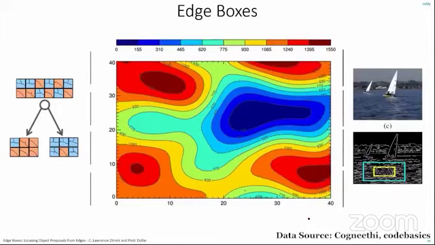Now, if you're not aware, let me tell you, there is something known as contour maps. Contour maps give you all the boundaries of your images. You might have studied or seen somewhere what contour maps are. So it makes use of that thing. How does it make use of that thing? We have to see that.